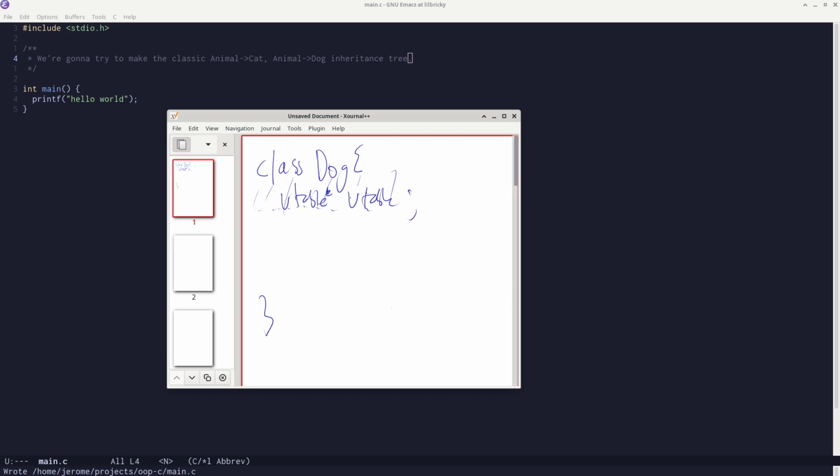And this vtable points to a pointer that points to a table, I'm sorry, where you have all of your methods. So it's some kind of mapping from